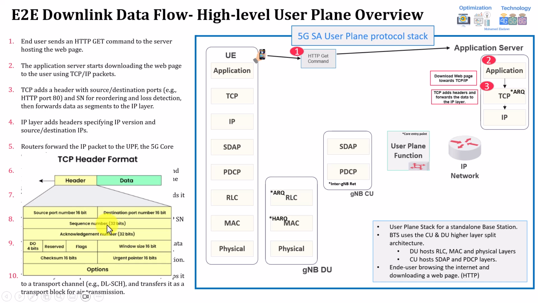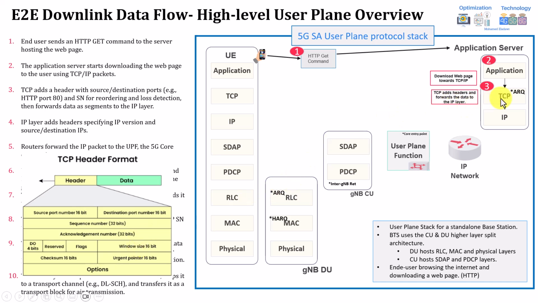Each packet will have a sequence number. So, for example, I assign the first packet sequence number 1, the second packet sequence number 2, the third packet sequence number 3, and so on. This will help to track these packets to know whether they are being lost or coming out of order. So this will be helping the application layer. We have multiple other things like the checksum, for example, to check whether there are any errors in the packets or not. We'll try to cover this from a high-level perspective in the TCP part.